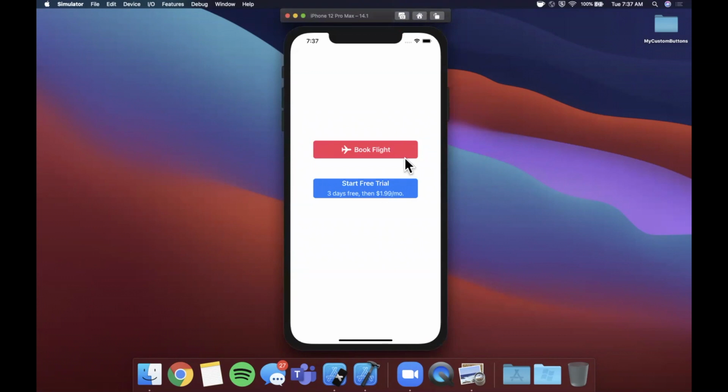And here we see examples of what they can be used for. This is fairly popular for things like starting a free trial with some other information you want to portray. This could be like a booking button or a checkout button, et cetera. So we're going to go through this very popular video ask, as well as pretty commonly used across any project,